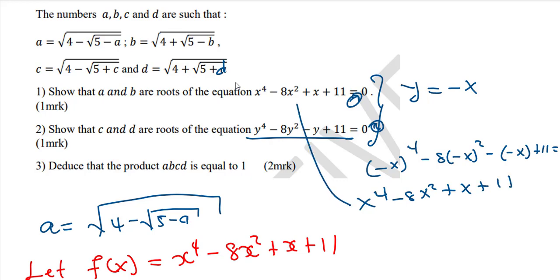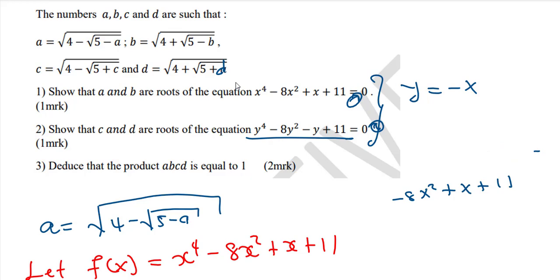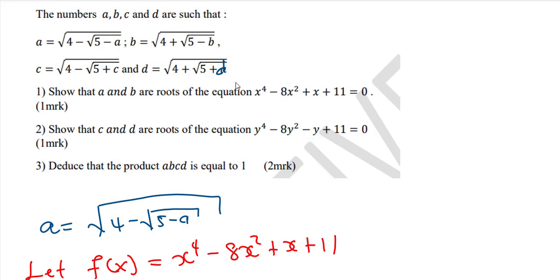So what does it give? It gives us back the first equation. So if I pose a change of variables y is equal to negative x, it definitely means that y equal negative x will satisfy all of this equation 1. So with this notion where we can let y be equal to negative x, now we know that